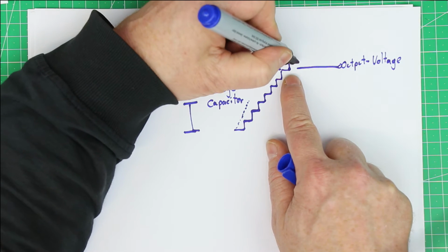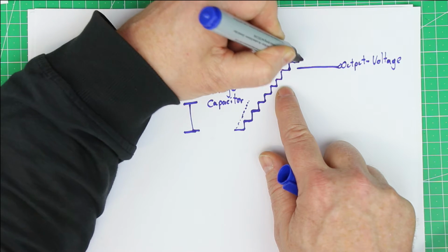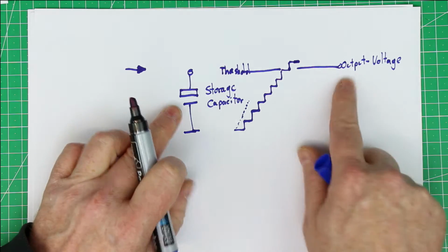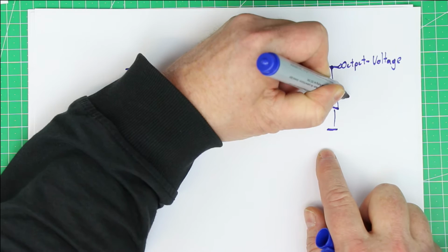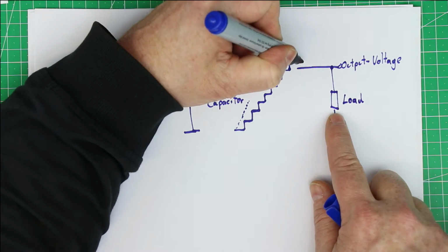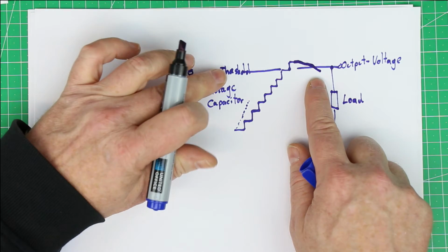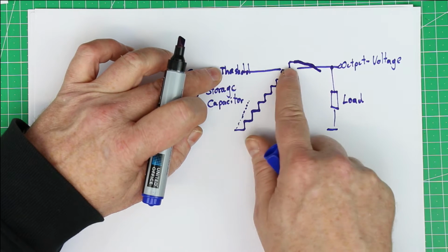Now, if we have only a light load, then of course from now on the voltage will, again due to discharging of the storage capacitor by the load, and now let's first of all presume a light load with a big resistance, then it will slowly start to decrease up to a point where it's slightly below the threshold voltage. Of course, the comparator which